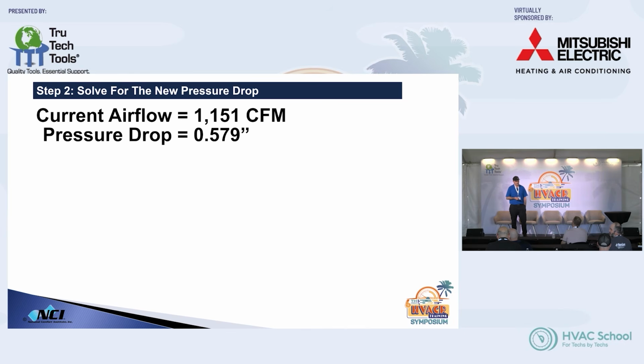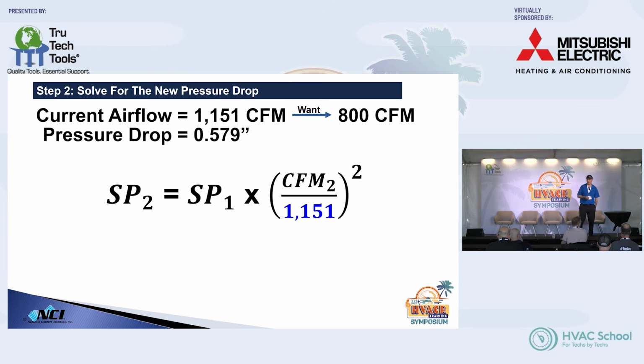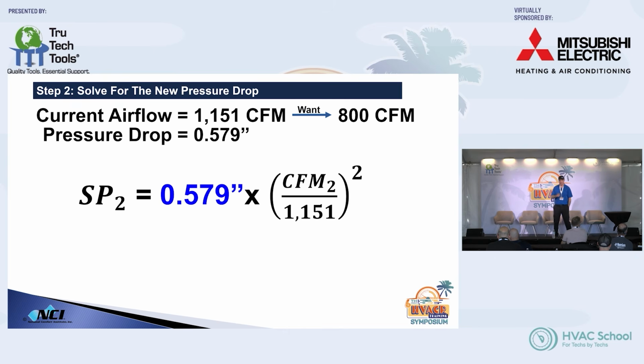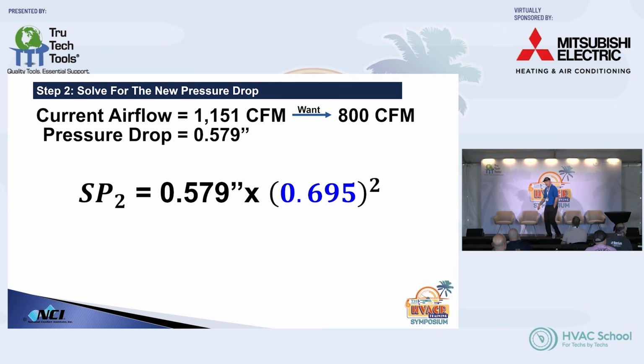So if we start trying to figure this out here, we look at fan law 2, and we look at our measured airflow, which is 1151, right? And our measured pressure drop across the filter is 0.579. Okay, so we have our two numbers that we're starting off with. This is the existing equipment, the existing airflow, the existing pressure drop. And then we're going to figure out, hey, we just properly sized the system, and we have a 2-ton that we installed here. So instead of having 1151 CFM running through that filter, we reduced it to 800 CFM. Okay? So do the math, do the division,